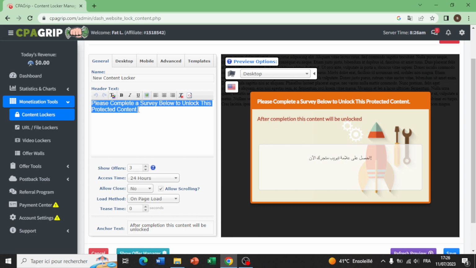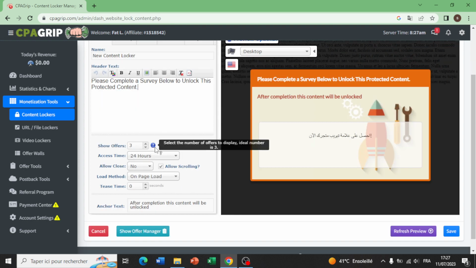If we scroll down, we have show offers, access time, allow, close. For show offers, select the number of offers to display. The ideal number is 3, so I click on 3. We have load method, test time, and more. So if we end this change,